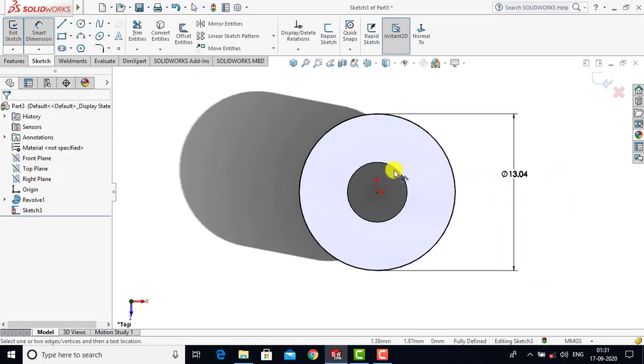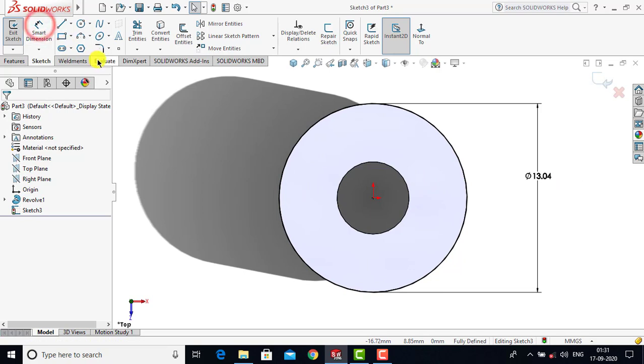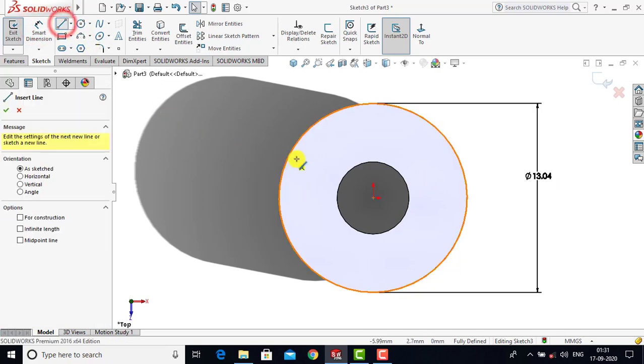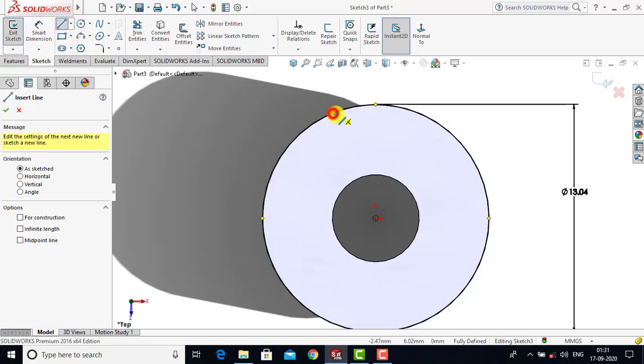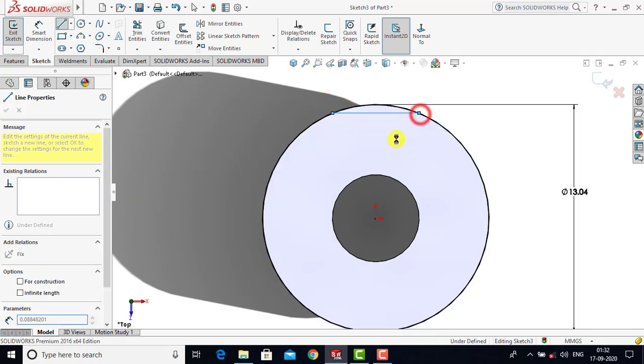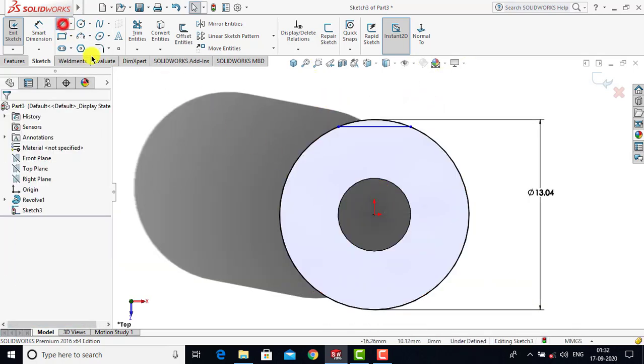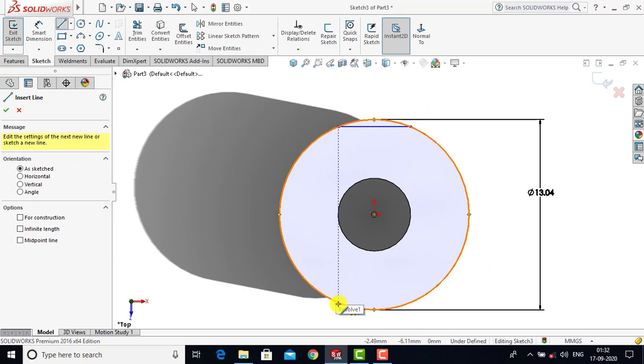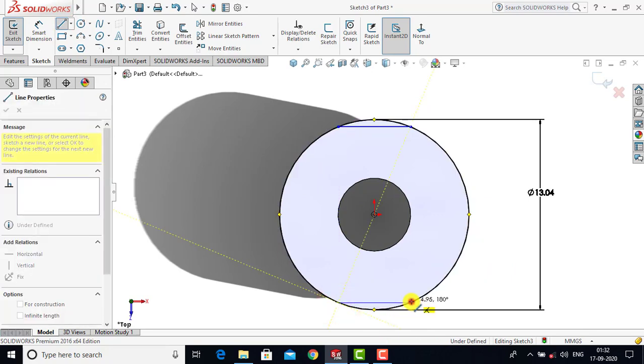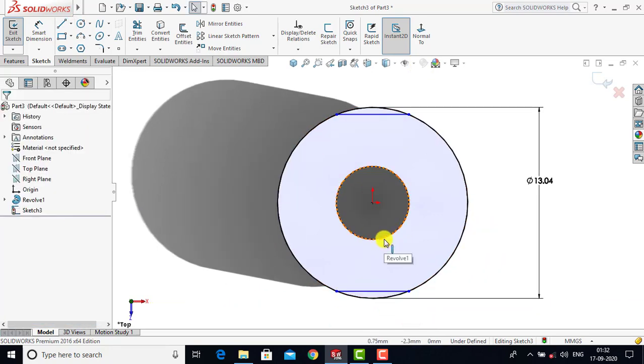Now after creating this circle, we'll exit the Smart Dimension and we'll select here the line. Now we have to create two horizontal lines like this. Now after creating these two horizontal lines, we have to give the distance from the origin, and for that we'll select here Smart Dimension.